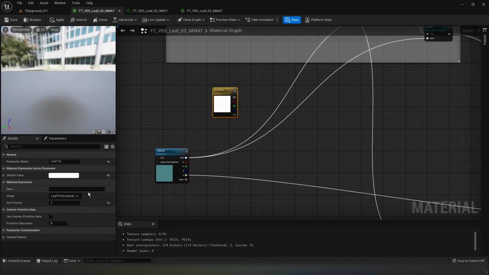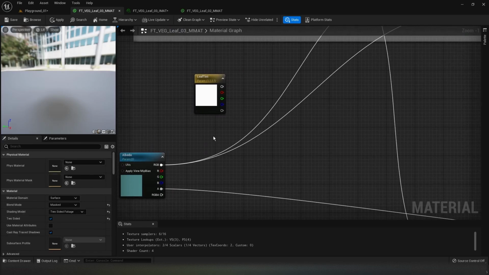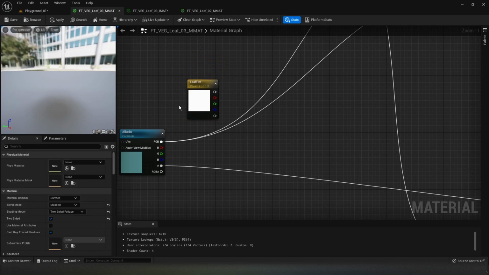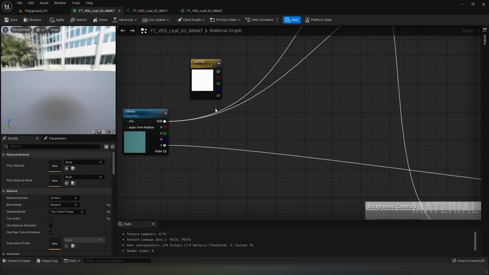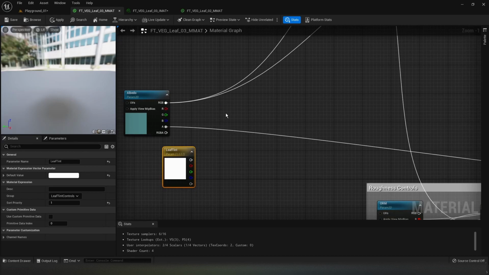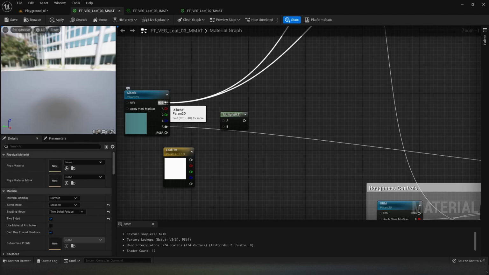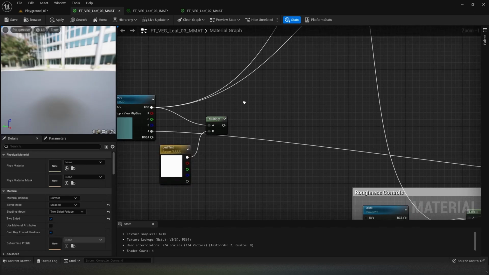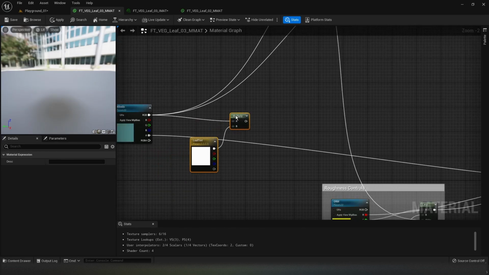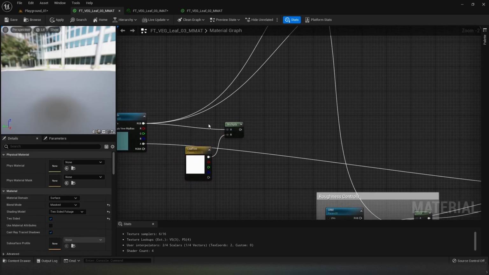To adjust the color of the leaf, now I will connect this to a multiply node, which you can actually use to control how much color I need to change. So press M and left click, multiply. So this output has to be multiplied with the RGB channels of the leaf tint to get a change in tint. So that is how you control it. But